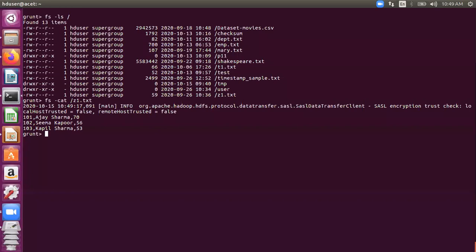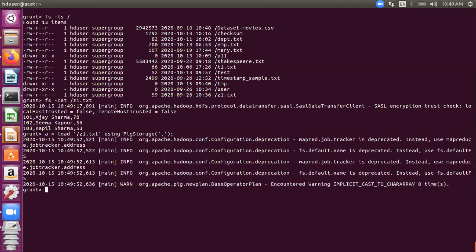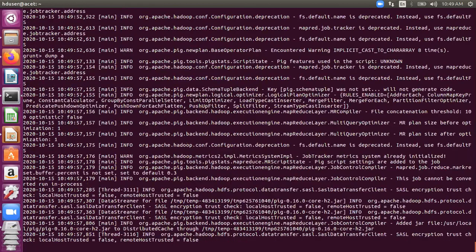Look carefully. First we will load it. So I load it like this. And then let's dump it to see whether all is good with this file.